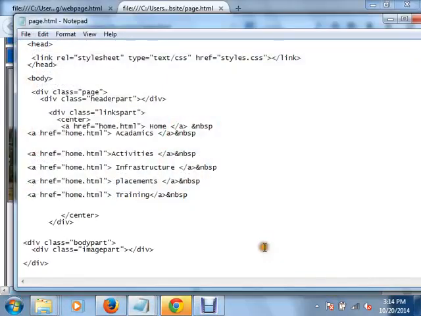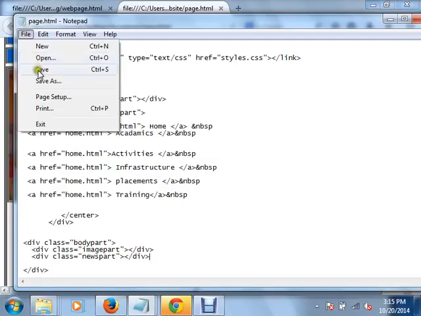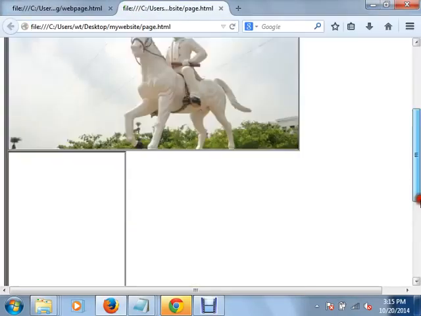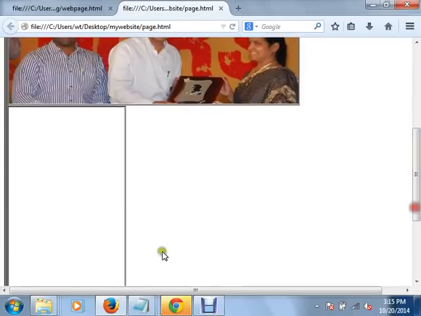You have to write it inside the HTML. So div class equals news part, so see here the division will be created.